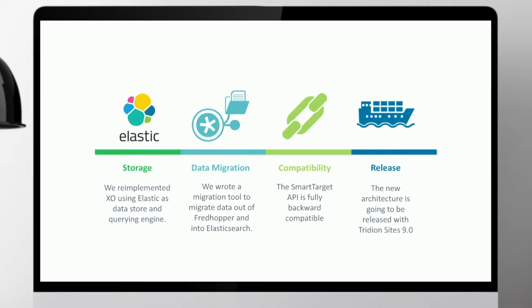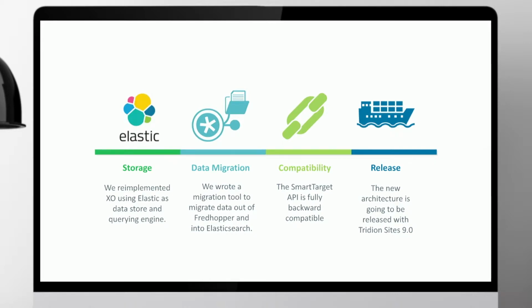So this whole journey that we are almost through, I guess, we have four quite important points to highlight. In this whole XO project where we replaced Fredhopper with Elasticsearch, the most important thing that we did was change the storage layers. So we had to re-implement basically all the XO boilerplate code to make it work on Elastic, and that's worked